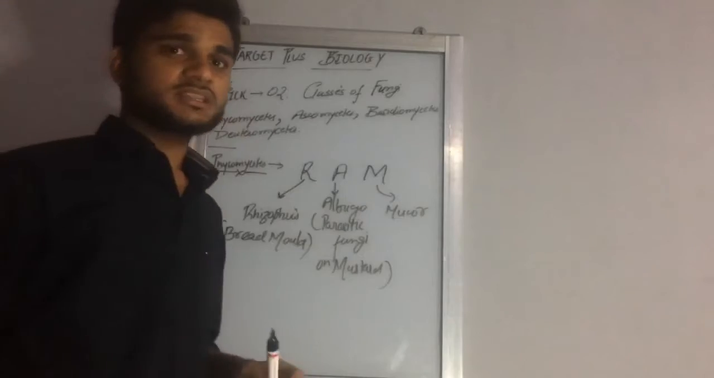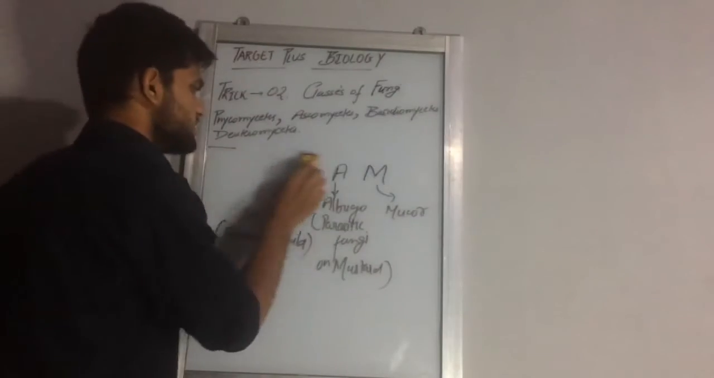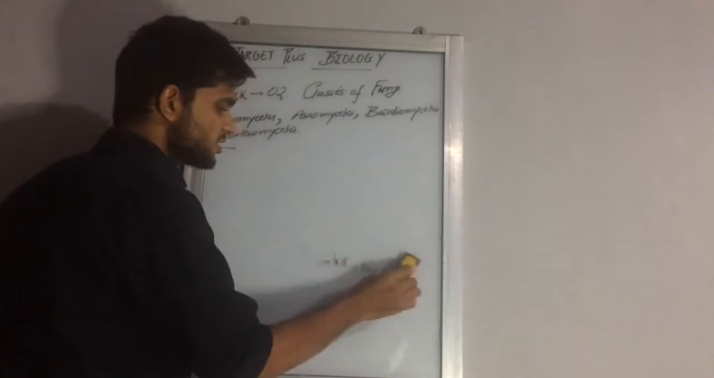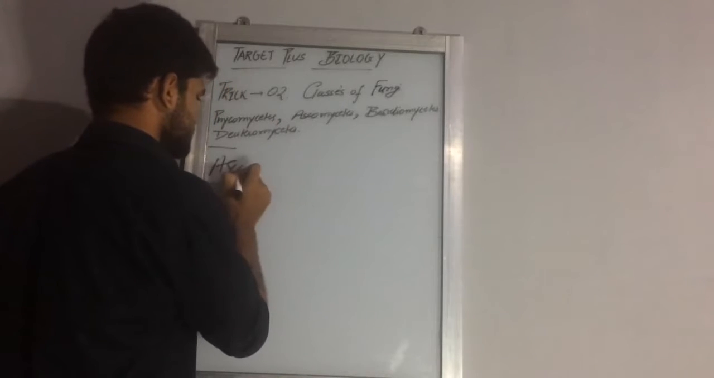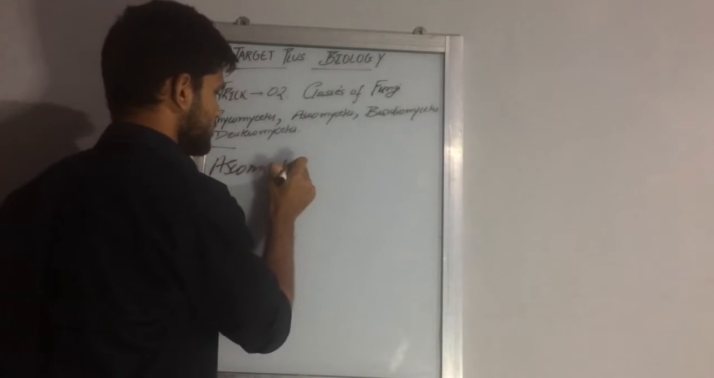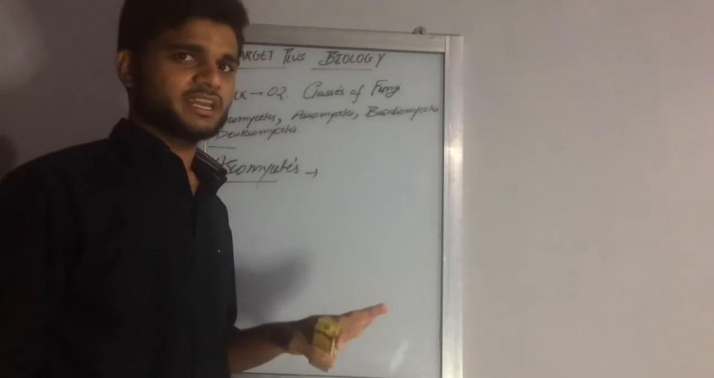Now let us take the second part, that is Ascomycetes. Ascomycetes is regarded as one of the most important terms of examples because its list of examples is massive. So let us start with Ascomycetes. Right here, Ascomycetes. Now for Ascomycetes there is a simple one-line word, that is